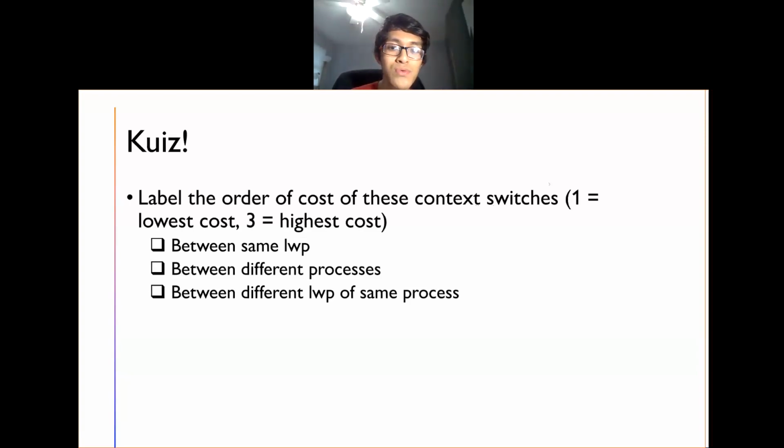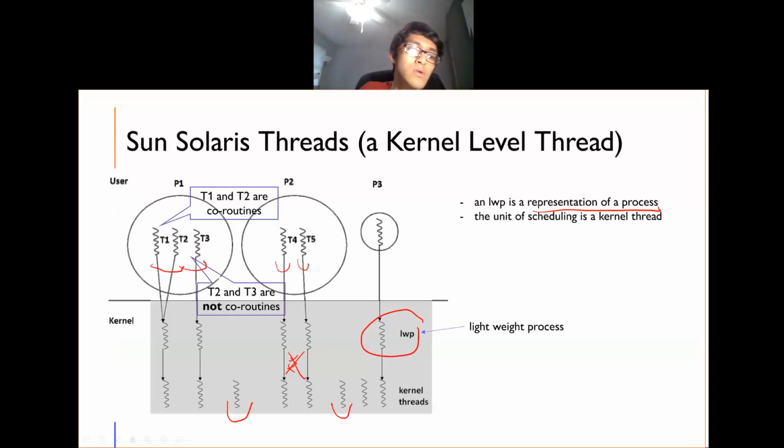Okay, everyone seems to be arriving at the same answer. So yeah, the answer is indeed 132. The cheapest in terms of context switch is between the same LWP, and the most expensive is between two different processes. So going back to our previous diagram, whenever we want to switch context between two different threads within the same LWP, remember it is only a matter of switching the stack